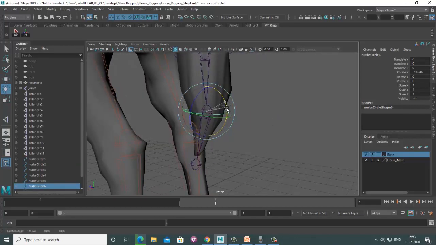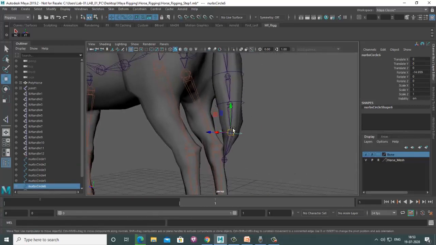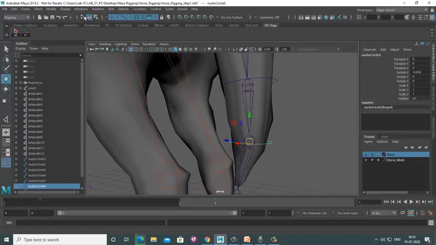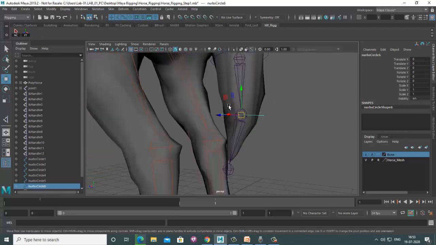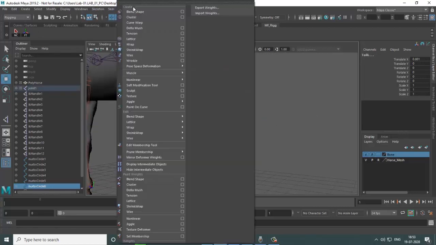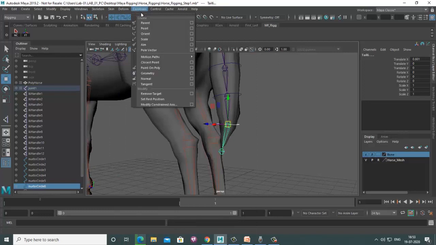I think you need a little bit more rotational things, so you can do that again. Then again do the Freeze also. I need to move again to freeze. So let's select and select. Now I'll be using the constraint. The name is Orient Constraint. What is Orient Constraint used for? For making the rotation value.